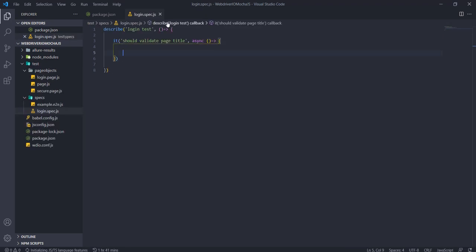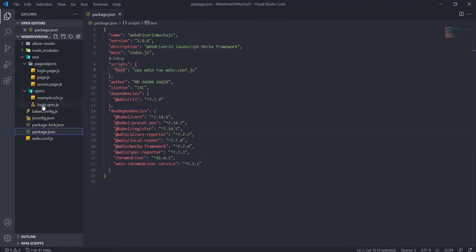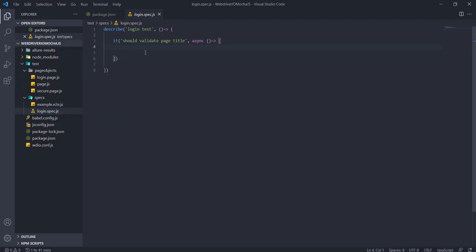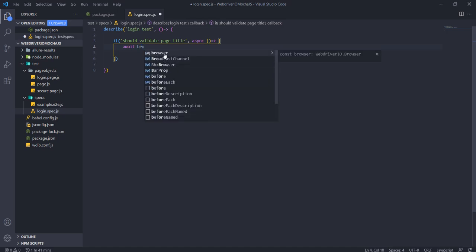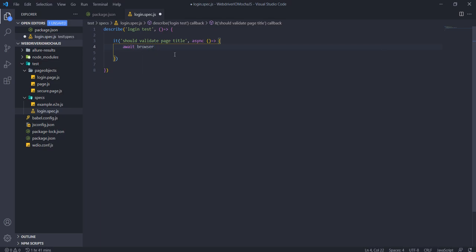So what I'll do first, I'll close this file again and then reopen. Now let's reopen this file, and now let's just type it first. Await, anyway it was suggesting. After that, when you type browser, see, it should give you auto suggestion. Just type it here, see, browser, and it is coming from WebdriverIO. So auto suggestion is working now. So just say browser dot